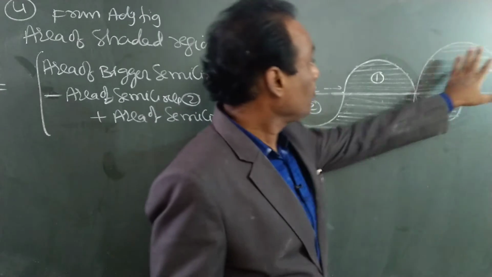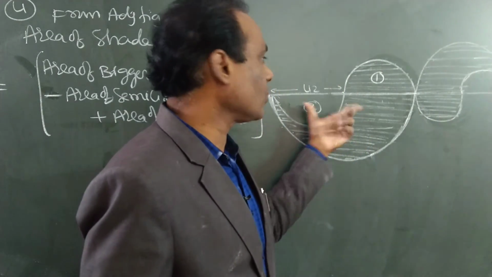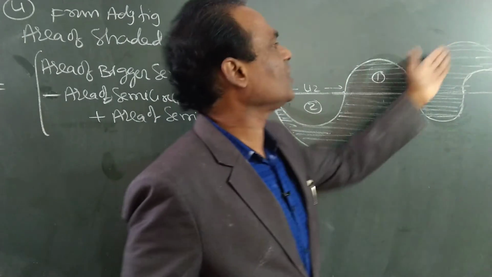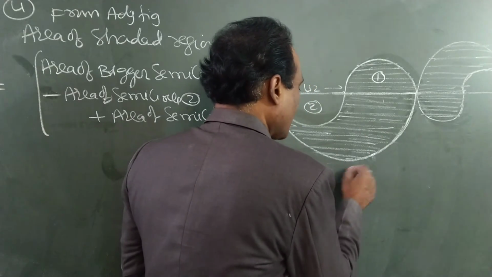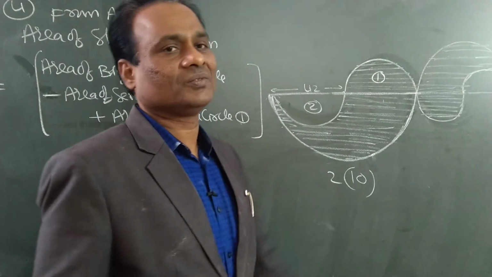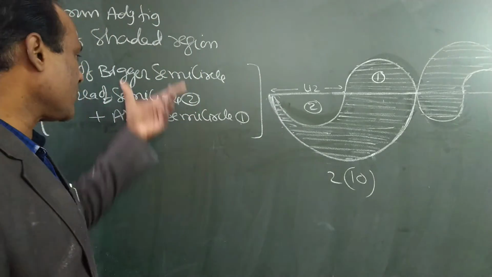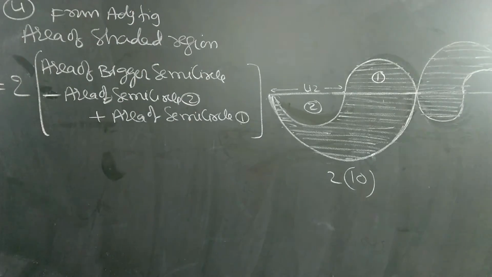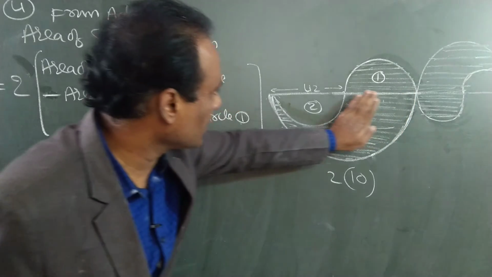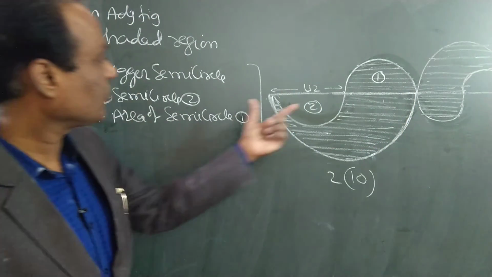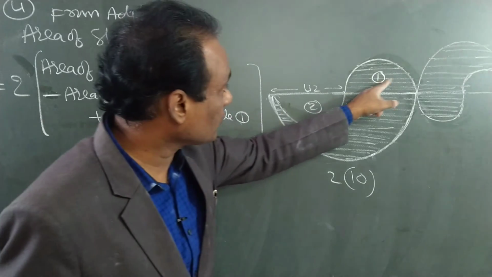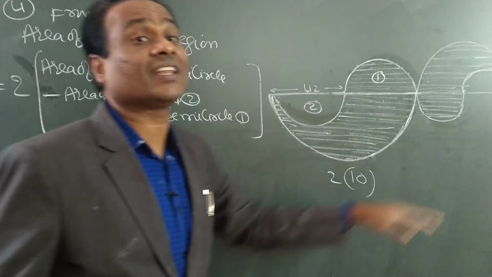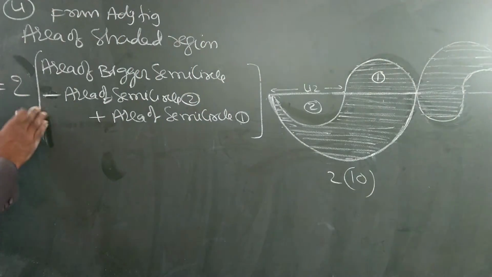But the question is, both the shaded areas we have to find. So I explained only for this. If you double it, we will get that also. Suppose this area is 10, this will also be 10. If you know this area is 10, multiply with 2 to get the total area, double. So previously after doing it, I multiplied with 2. Now also you can write total 2. Total we got. This area is the bigger semicircle minus smaller semicircle 2 plus this smaller semicircle 1, multiplied by 2 to get the total area of both figures.